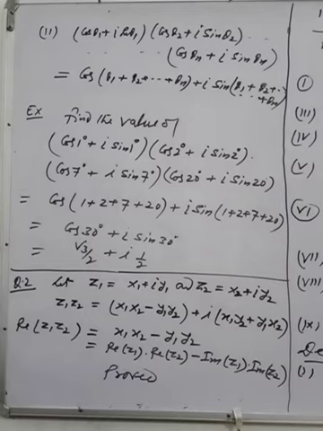Now see one question from your exercise, the last exercise of complex numbers. So what is the exercise? From the miscellaneous exercise, question number 2. So what is the question? The question is: real part of Z1 into Z2 is equal to real of Z1 into real of Z2 minus imaginary of Z1 into imaginary of Z2. You will prove this here.